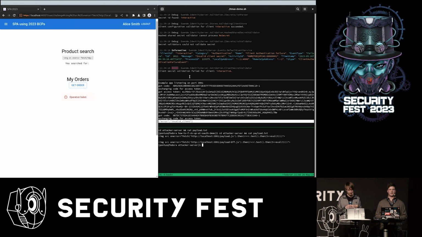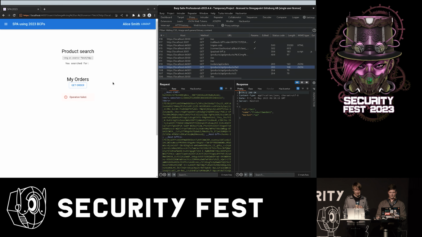So that heavily limits both the time and the opportunity that I have to actually do anything. So even if we use this pattern, we must still protect against cross-site scripting, because that can be really bad for us. But we have this third endpoint, the get all orders endpoint, which you should not be able to use from this user session, even if you can do session riding. So let us see if you can do that.